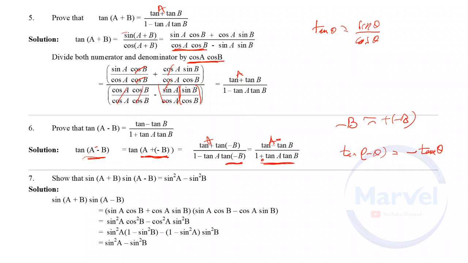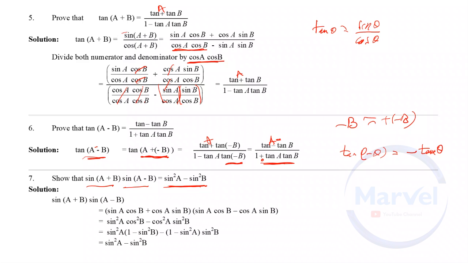Next 4 formulas are very important for 4 mark questions proof, but these 4 formulas are very dangerous. Very often you will forget these formulas. Now I will give the shortcut techniques how to remember and recall them. First formula, product of sine functions: sine a plus b into sine a minus b equal to sine square a minus sine square b. That is only in terms of sine function. A first, b second, same as the original order.